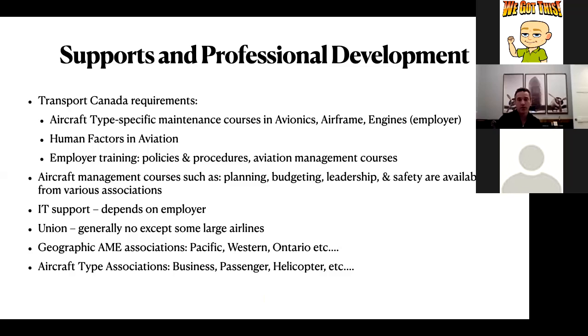If you are a contractor, then generally that was something that you would have to obtain on your own in order to get those jobs. You'll need to take courses concerning human factors in aviation so that you can be able to manage your own